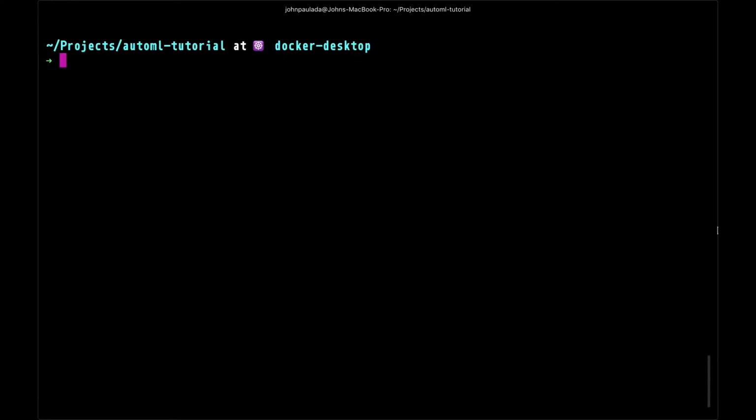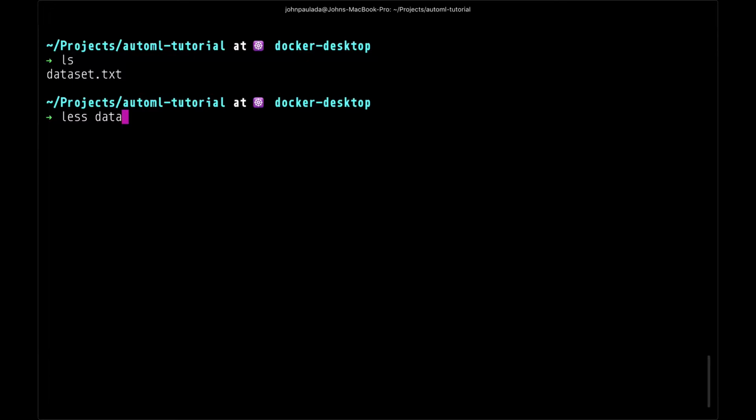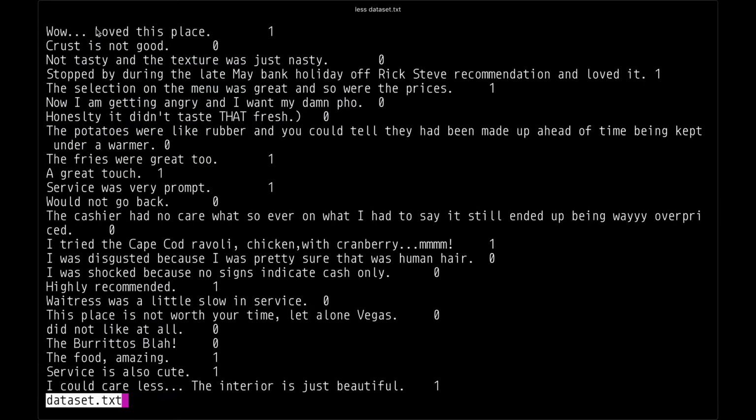So, for example, given a data, right? Tingnan natin. May data tayo dito. Yung problem natin is, okay, so we have data set here. Ito ay, it's a data set of reviews. So, meron kang review dito na ano, hey, wow, I love this place. Cool. Tapos, 1 stands for positive review. 0 stands for negative review. Okay? So, crust is not good. Okay, that's a negative review. So, hence that. So, this is a tab-separated data set. So, yun. So, we have the text here and the